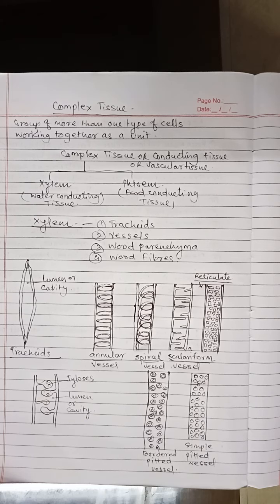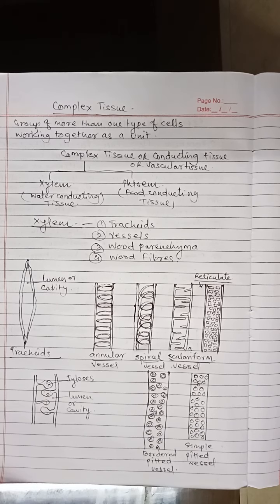Then tylosis. In many plants, the wall of xylem vessels produce balloon-like outgrowth into the cavity of the vessel or lumen of the vessel. They are called tylosis. Usually these structures are formed in secondary xylem, but they may also develop in primary xylem vessels. Tylosis are formed by the enlargement of the pit membranes of the half-bordered pits present in between a parenchyma cell and a vessel or a tracheid.